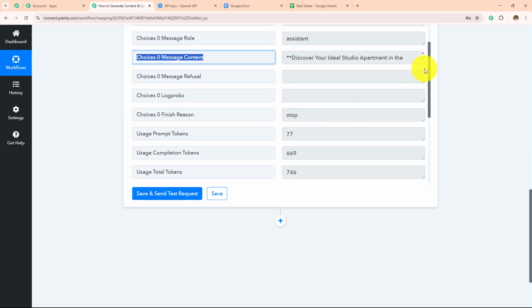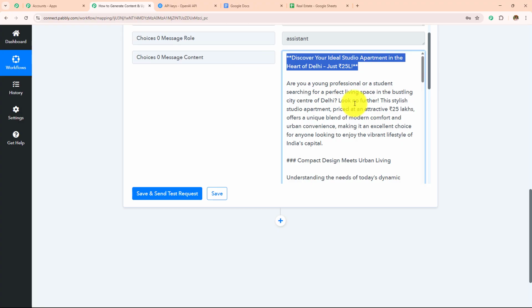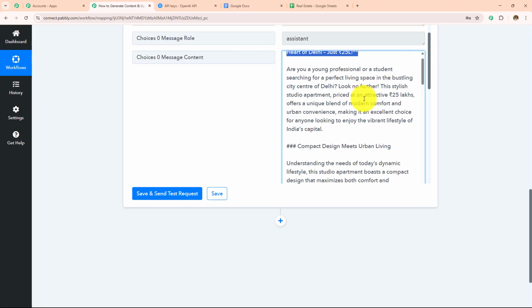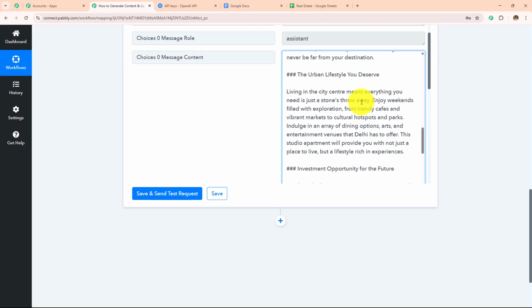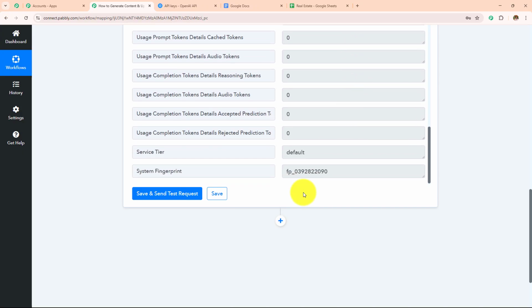In this message content, I have generated the content with the help of OpenAI. Discover your ideal studio apartment in the heart of Delhi, just at 25 lakhs, and then here is the content. Now I want to add this content to my Google Docs, and for that what I'm going to do,